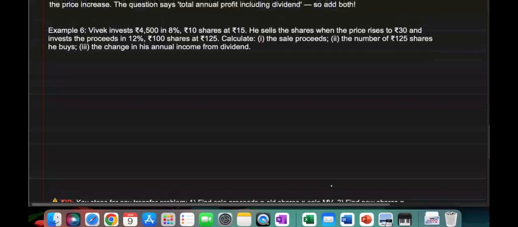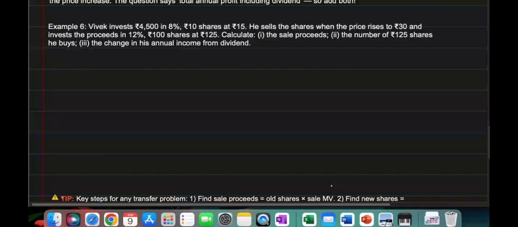Now moving on. Vivek invests 4,500 rupees in 8%, 10 rupees shares. 10 is the face value, and the share was at 15 rupees, which was at a premium. He bought at premium, got it? When the price rises to 30, double the price, he sells and invests the proceeds in 12% shares at 125. Calculate the sale proceeds, the number of 125 shares he buys, and the change in his annual income from dividend. Okay,